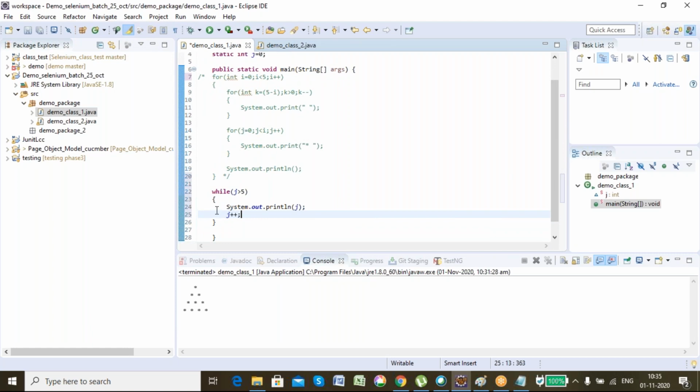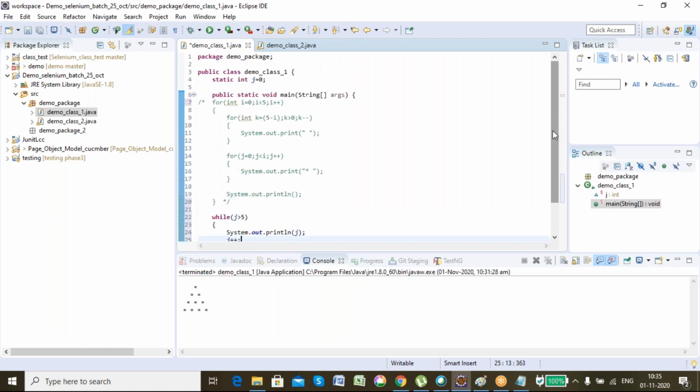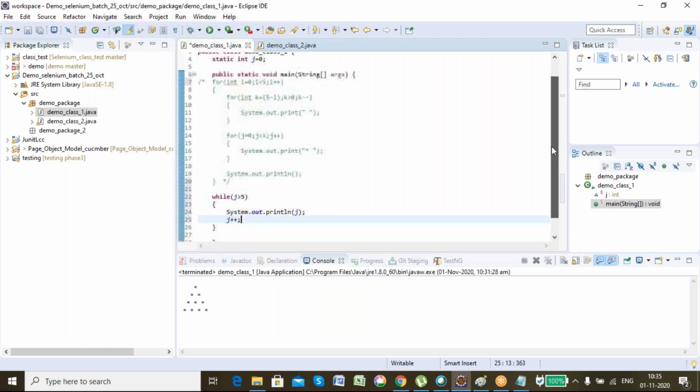Yes, it will enter inside that particular loop. It will print that value, and then increment the j value. Similarly, it goes on increasing up to j is equal to 5. When j is equal to 5, 5 greater than 5 will not be satisfied and it will break out. So it will print up to what? 0, 1, 2, 3, 4. It's just similar to for loop, only the syntax is different, means the way I'm writing it is different.